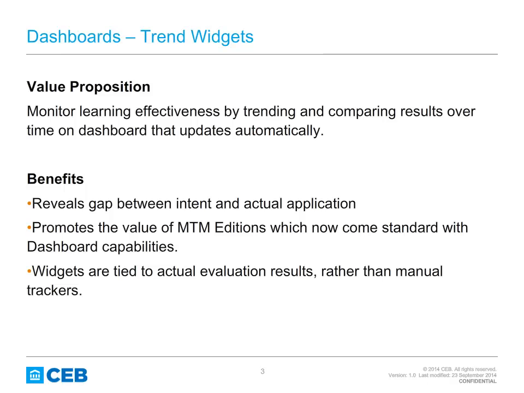So ultimately, the main goal was to be able to give you, our clients, a visual trend of learning effectiveness data that updated automatically with minimal effort. As more of you are starting to utilize the MTM editions, the need to share a visual of this type of data was becoming more and more common. And the way to get to this data today was to go into MTM and generate reports such as the Human Capital ROI card,